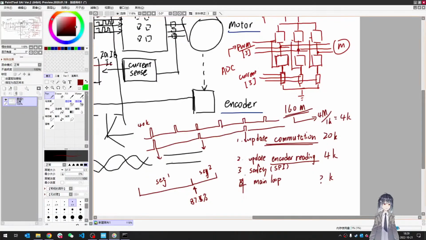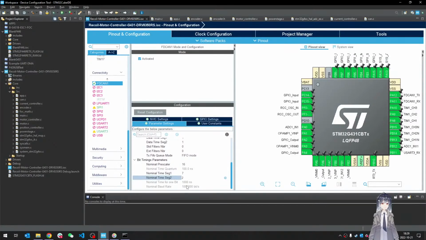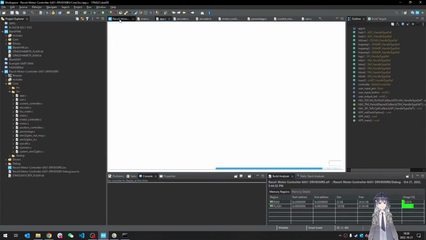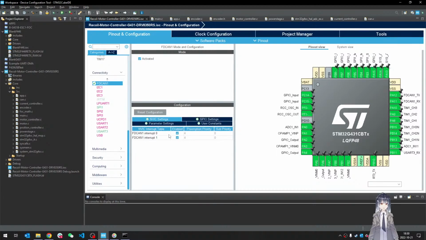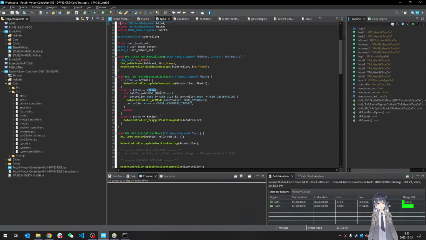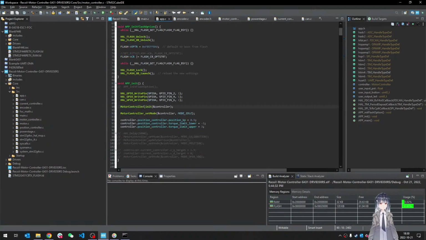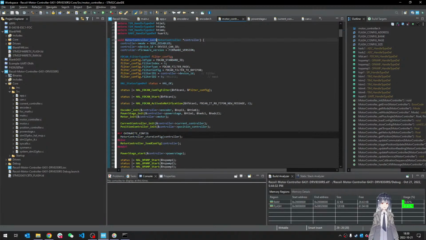And here we are using a 7:2 ratio, which should be pretty close to this value. Then we set the prescaler to have the 1 megabits per second CAN communication speed, which is the maximum supported by CAN 2.0. We are also using interrupt to receive the CAN frames here. So in app init, when initializing the motor controller, we are configuring the CAN filter and then starting the CAN